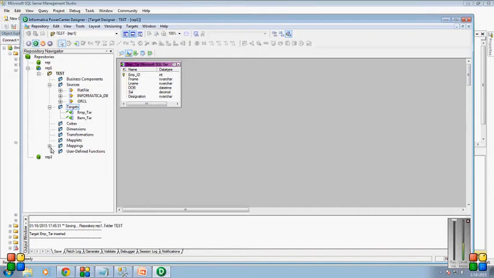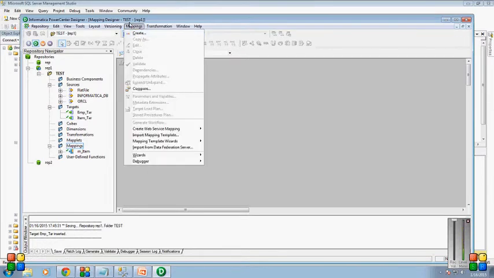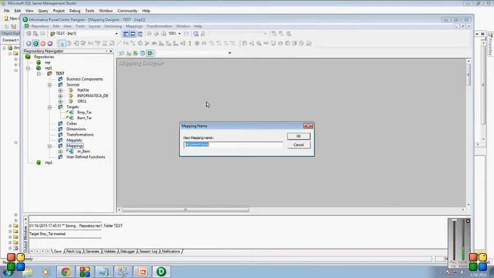And now I'm going to create a mapping here. This is a transformer. If you have any logic to be applied while transforming the data from source to target, we can have one more transformer here. I'll explain that in a later session. Here we have the Mapping Designer. Here we create a mapping. Go to Mapping, Create, and give an appropriate name for the mapping.